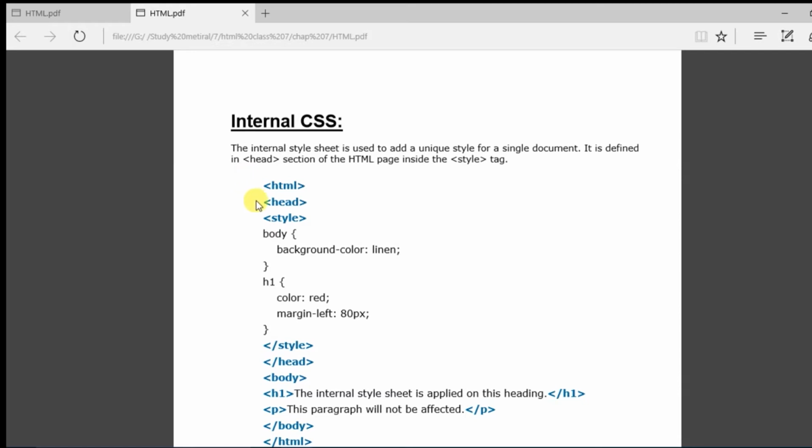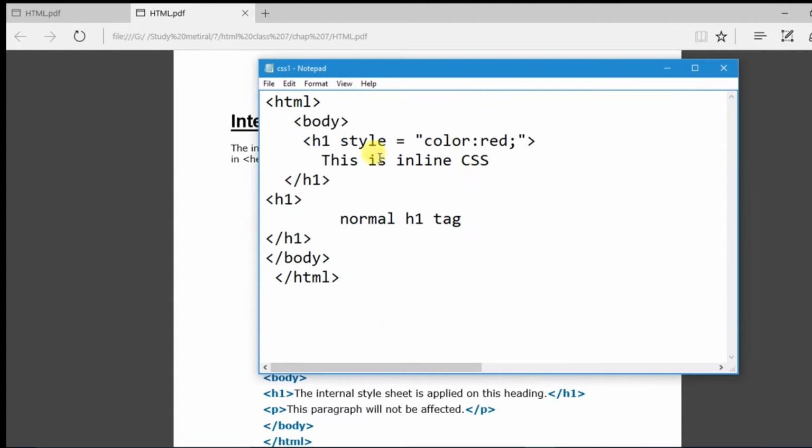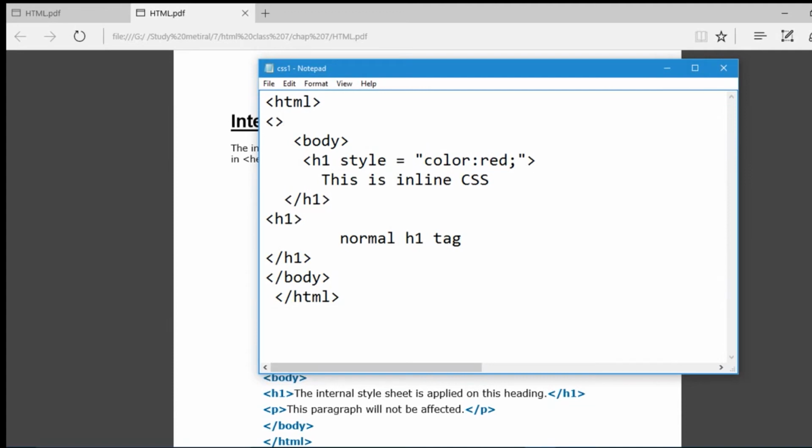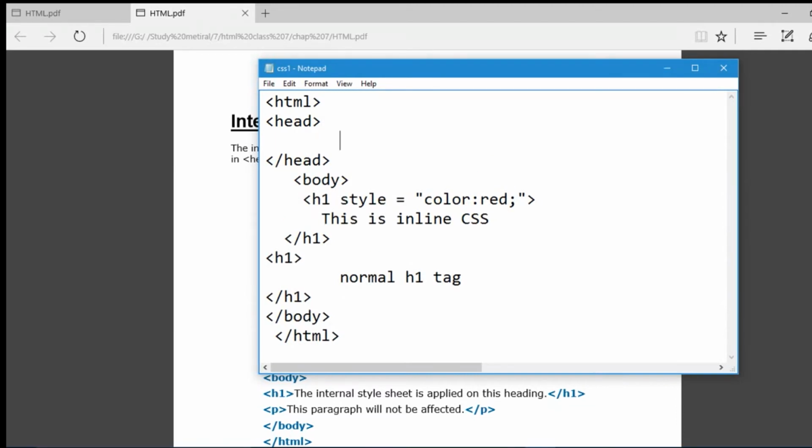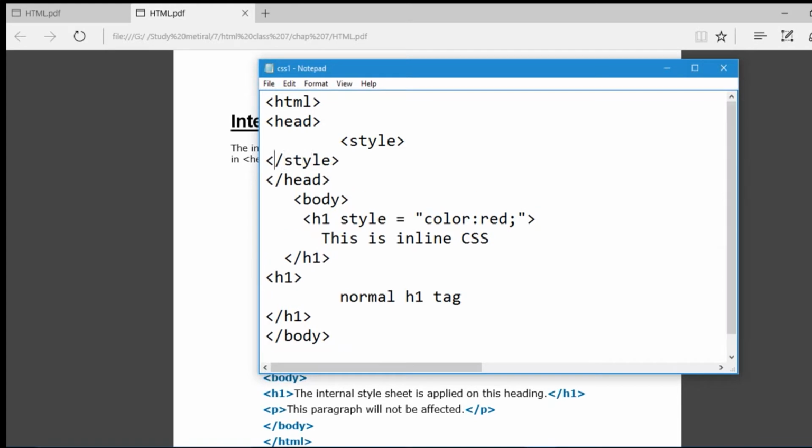So in the same web page I am going to apply the head tag, head open, head close. Inside the head I am passing the style tag, style open, style close. Style is also not an empty tag, it is a container tag.